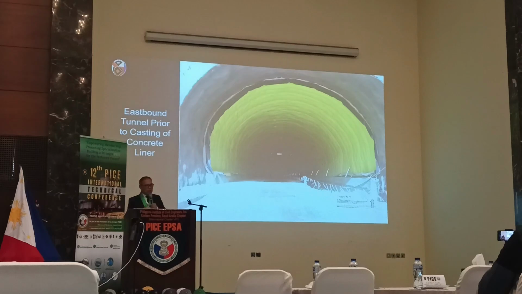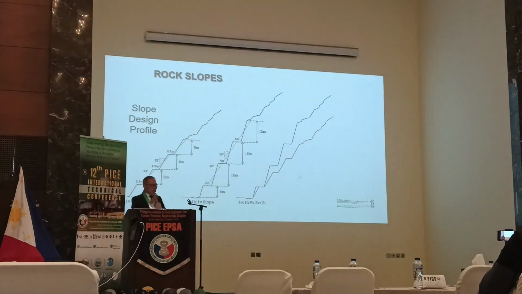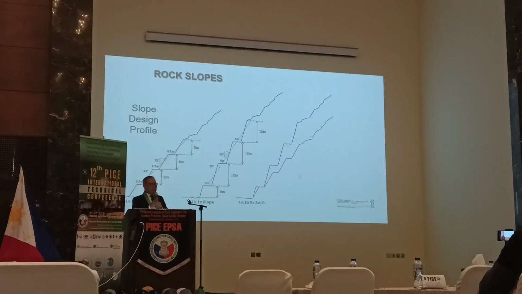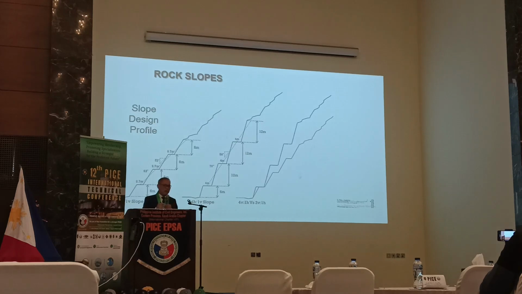It's nice to see when the shotcrete is applied and rock bolt installed, and when you are casting for concrete lining. This is part of the permanent structure. Along the road, when you do tunneling, you have to excavate. The profile of the ground would dictate how much expenses you would incur when you do excavation.